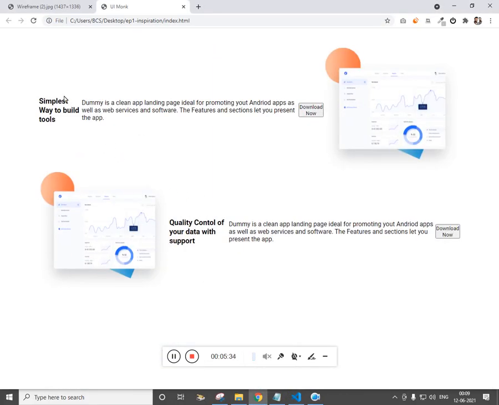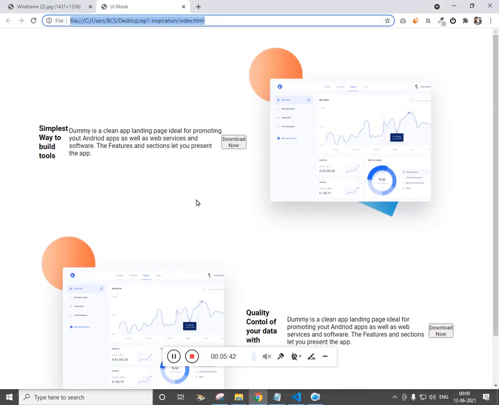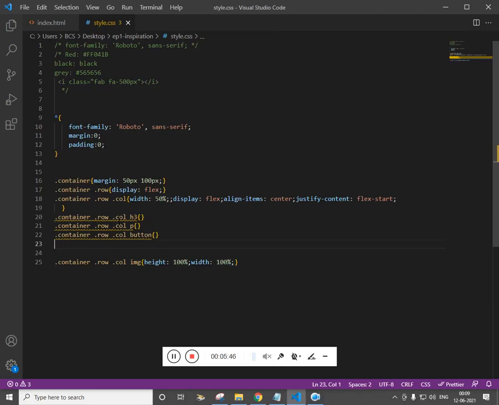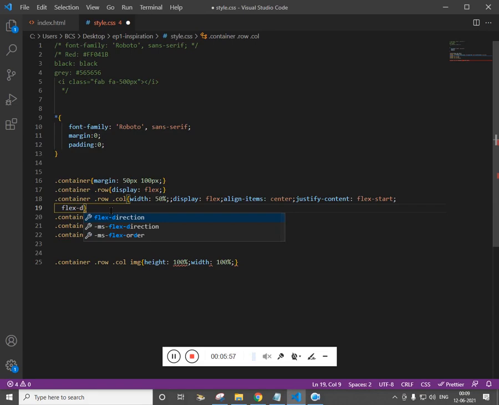Since the column is a container, we can give a width to the column, width of 50%. So now it comes at the center. Now we can use flex direction. I'm sorry for that. Flex direction column.